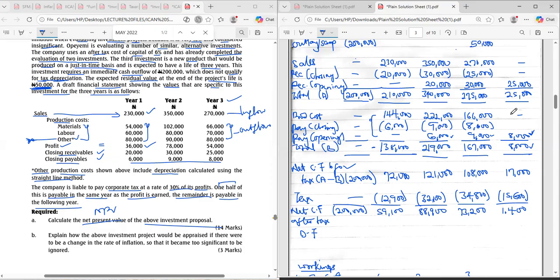They are different things now. Receivable is to sales, payable is to purchases. I am bracketing the closing because they have not yet paid. We are removing the closing payables from your total production. I bought goods from you worth 2 million. I've only paid 1.5 million. The 500,000, have I paid?